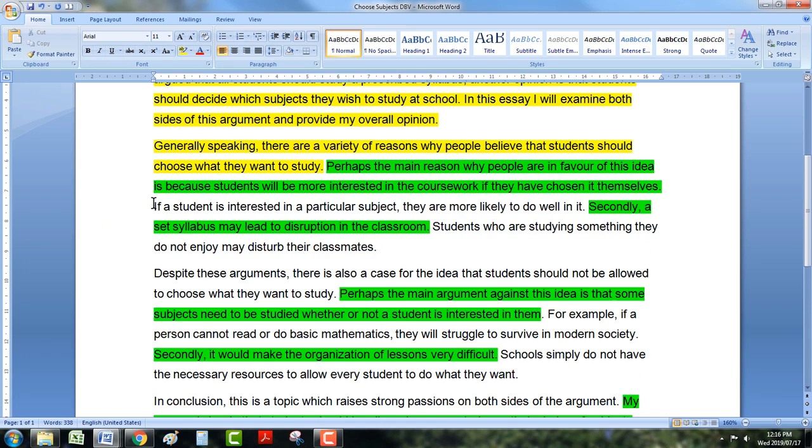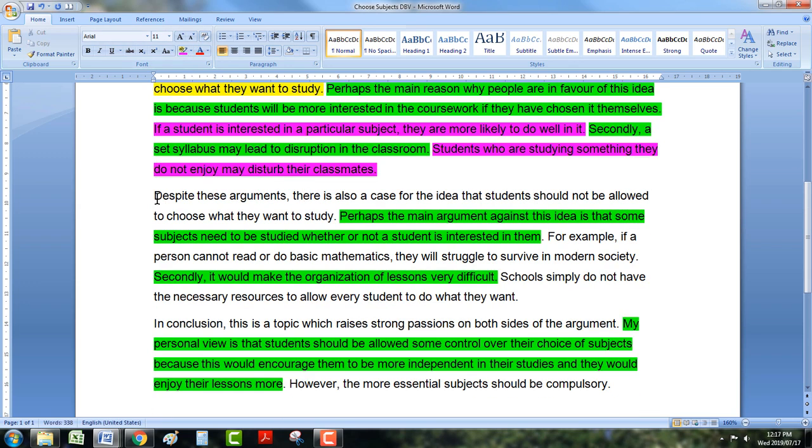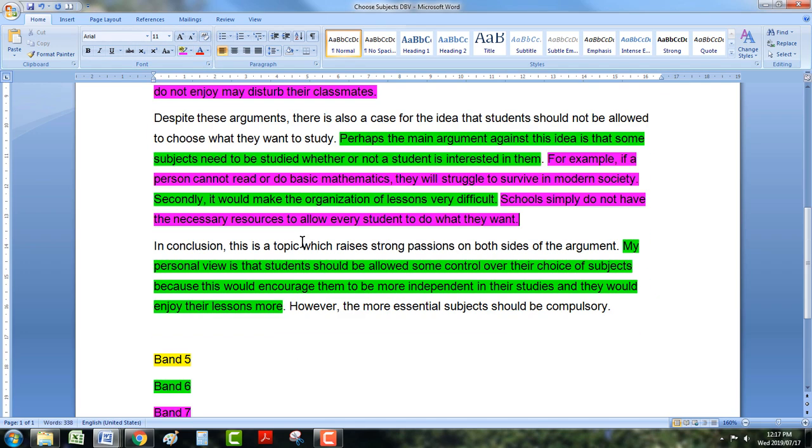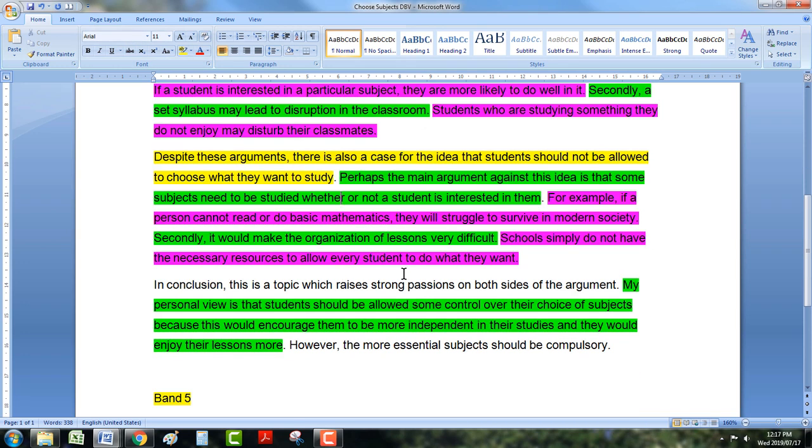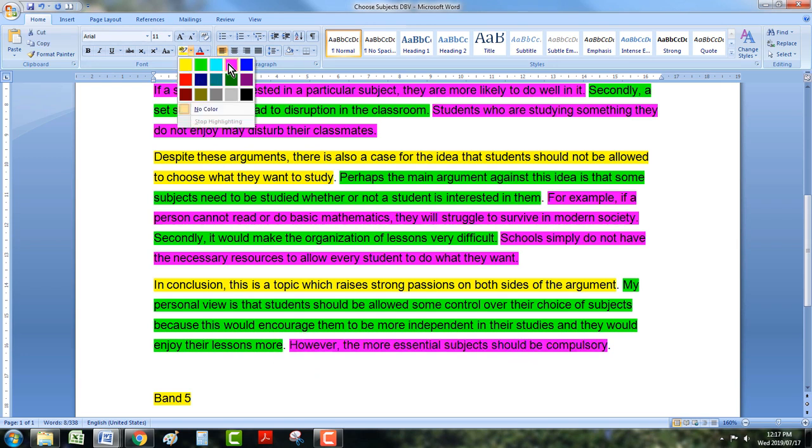And then the band 7 plus material is here when you start to support and develop your ideas. You start to support and develop the band 6 material. And this is where we really want to focus. So this is also just band 5 for task response material, not really important. This I'm going to talk about later. It doesn't really need to be there. I'll explain why later. And this is probably also part of the band 6, or maybe even the band 7, where you're supporting and developing the idea, your opinion in the conclusion.